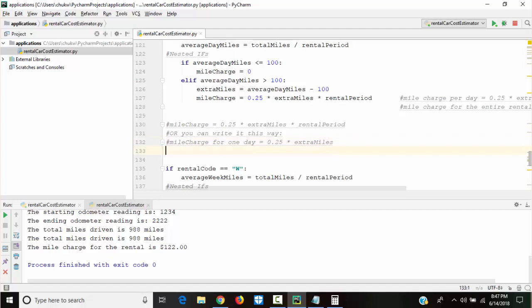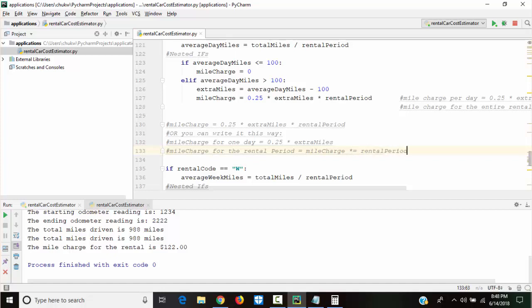Then we can now do mileCharge for the rental period. Look at what I'm going to write now: times equal rental period. And I'm going to explain this.